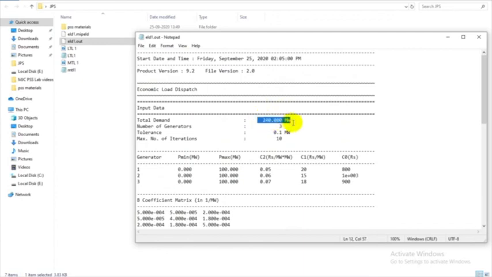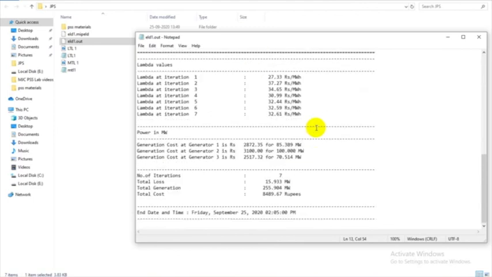What is the load? 240 megawatt, and the capacity is 100 each. To meet that, generator 1 is going to generate 85 megawatt out of 100, generator 2 is generating 100 megawatt fully, and generator 3 is going to generate 70.514 megawatt.